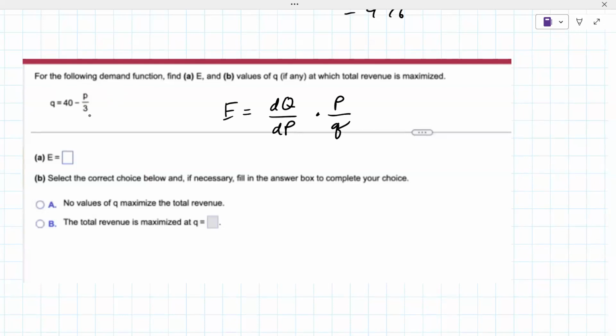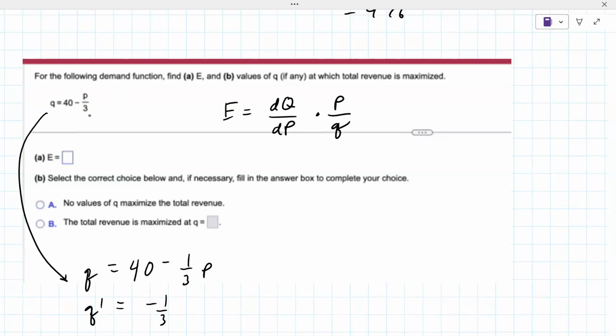Which maybe looks weird, but that's what it is. So the derivative of this, if we just rewrite it, it's 40 minus 1/3 p. So the derivative is just minus 1/3. That's the dq/dp. So our elasticity formula is minus 1/3 times p, and then q is this 40 minus